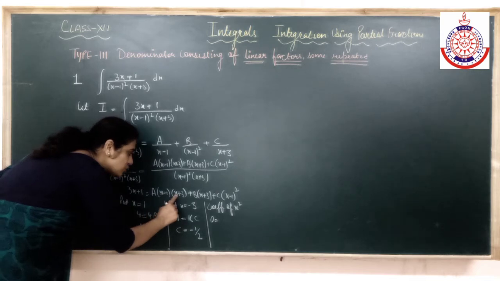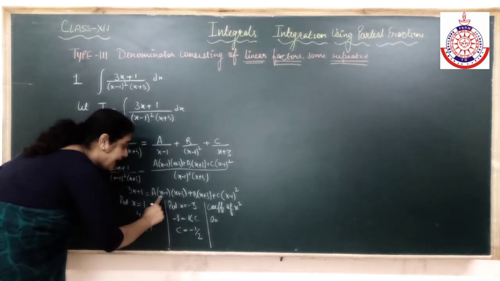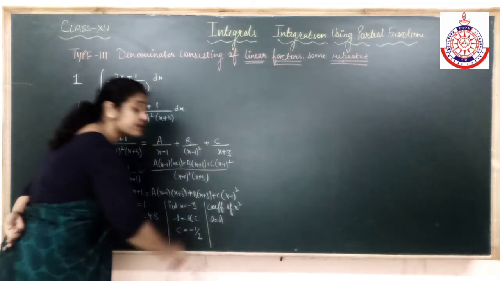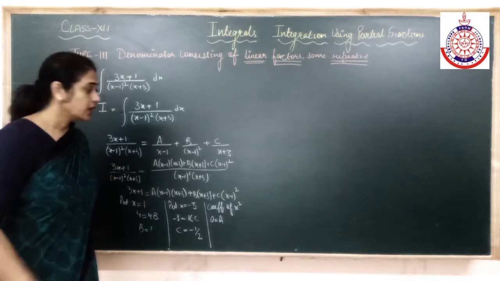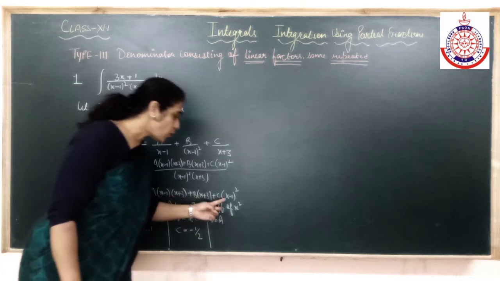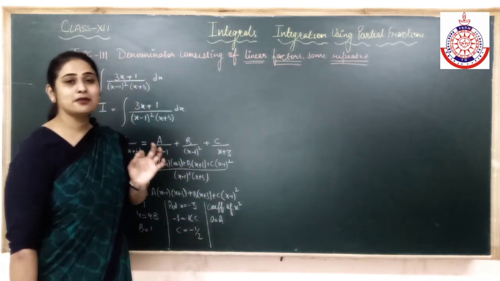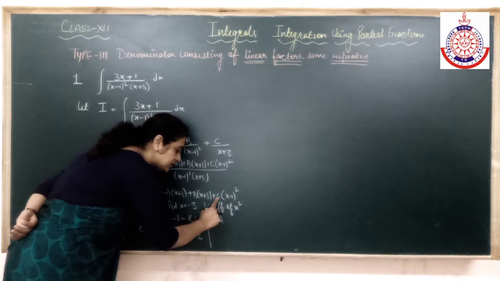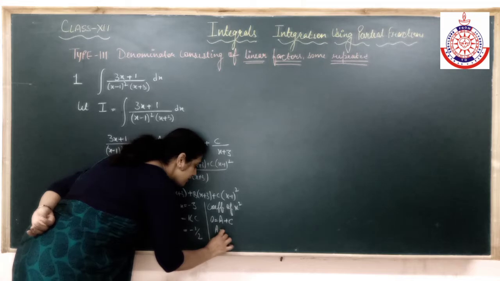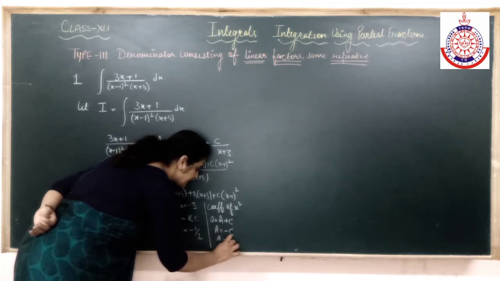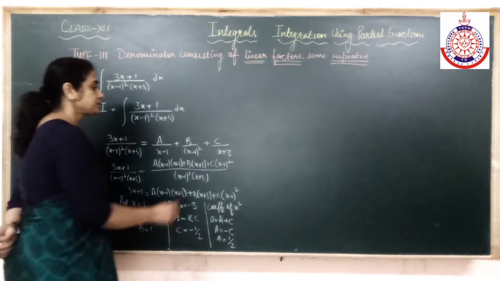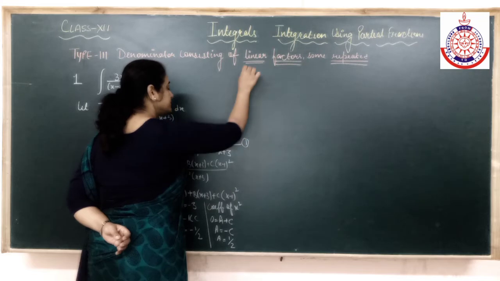Here when I multiply these two, x into x will become x square, and then A x square, so the coefficient of x square is A. Here there is no x square visible, but it is x minus 1 whole square. So when you open it, it will become x square plus 1 minus 2x. So x square into C, the coefficient of x square is C. So A is equal to minus C. So we got the value of A as 1 by 2. So we got all the values. Clear? So put it here.